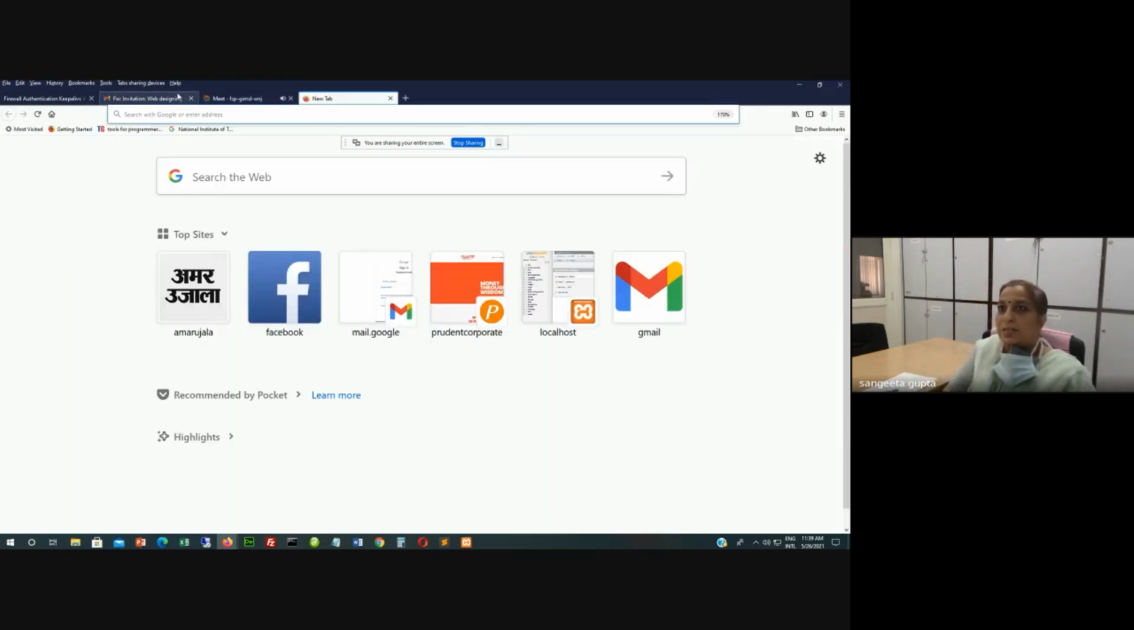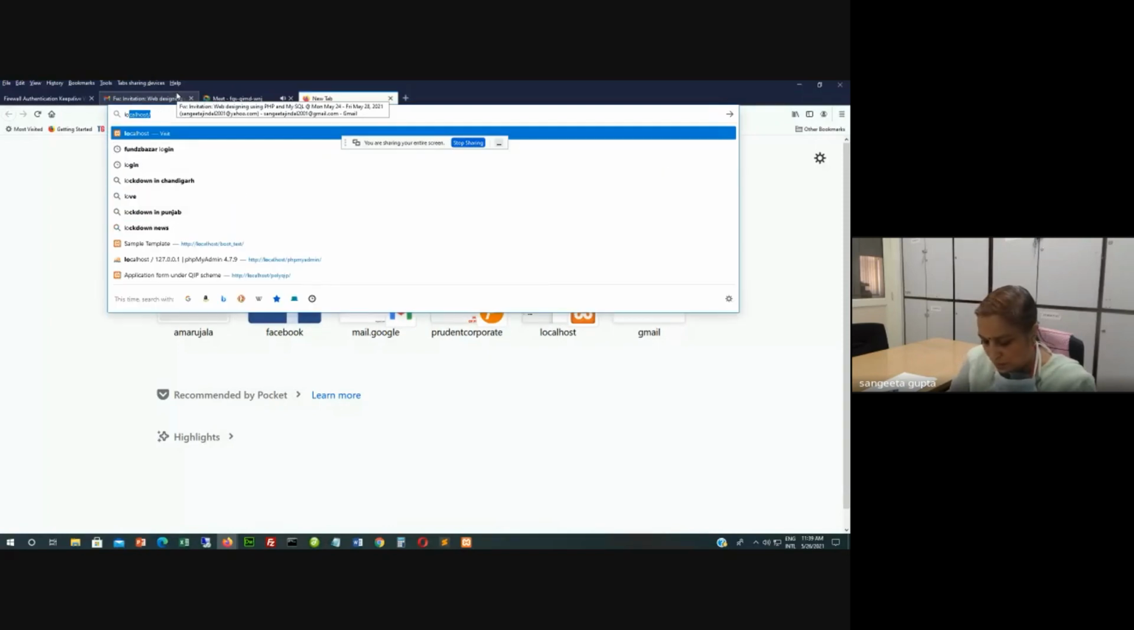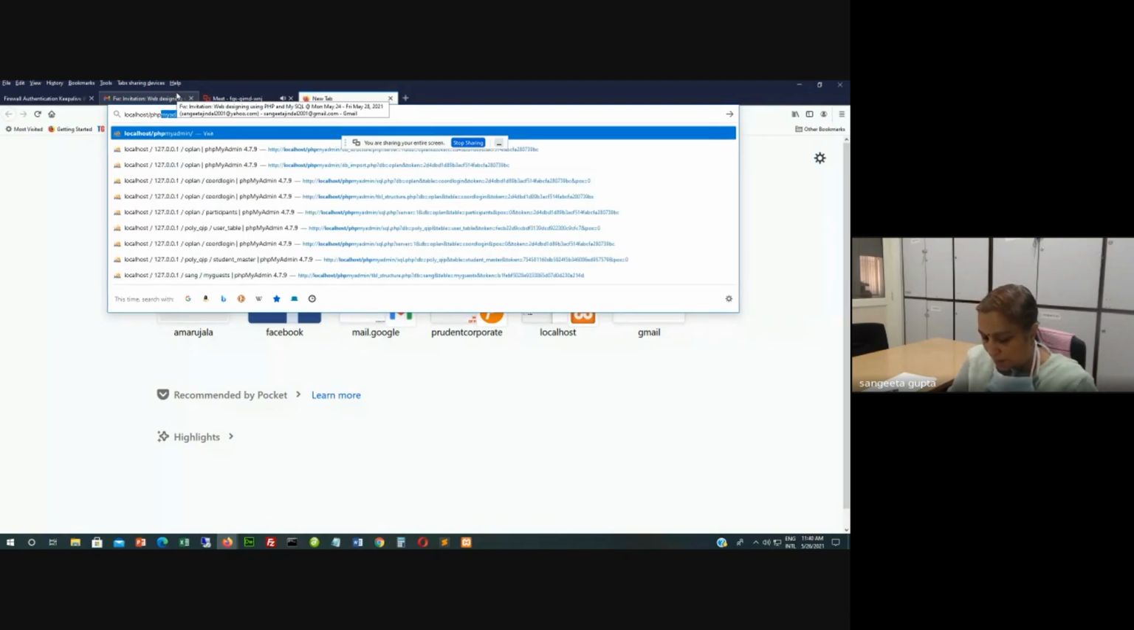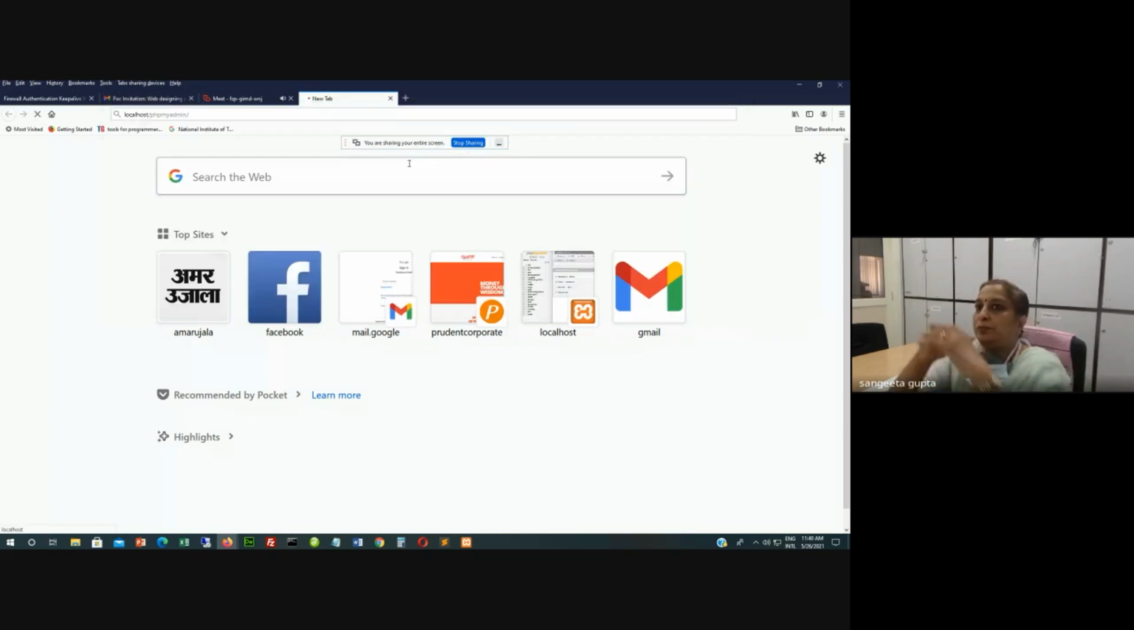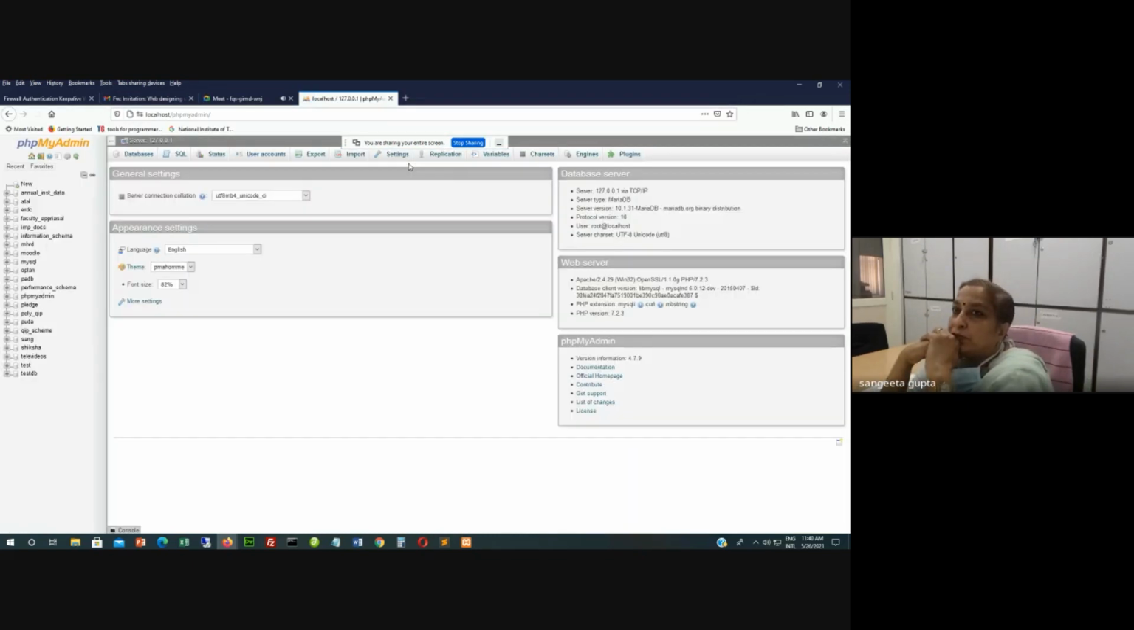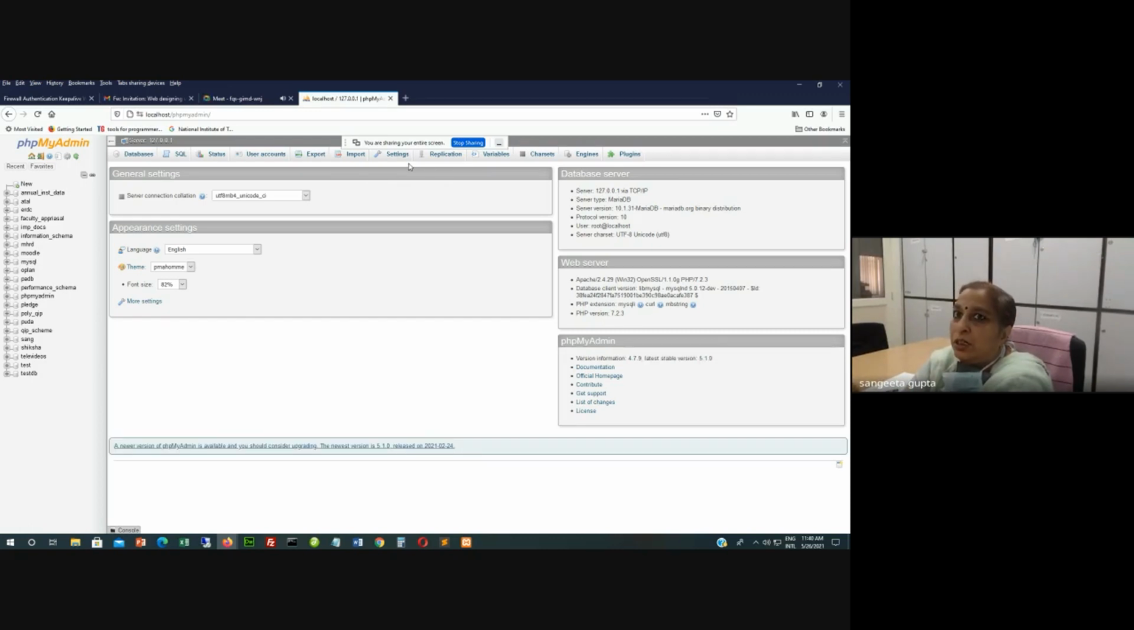Now, we have to create a database. You have to go to the localhost, that is localhost/phpMyAdmin. When you do this, this type of screen will come on your monitor. Now, on the left side, I have some databases which are displayed here, and some options are available